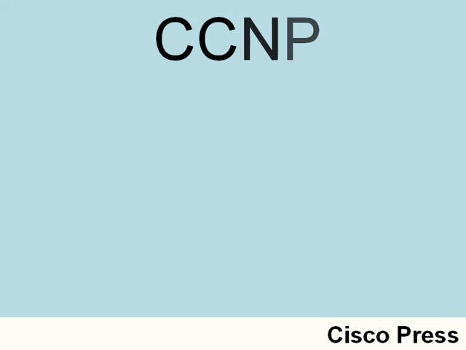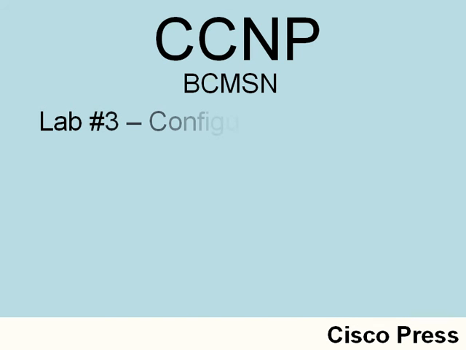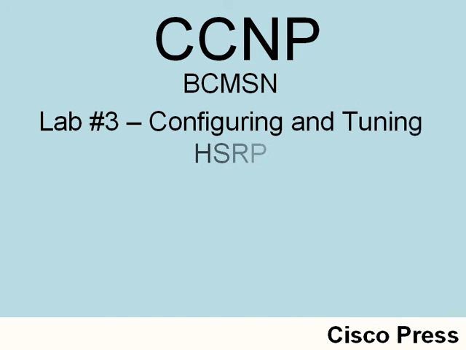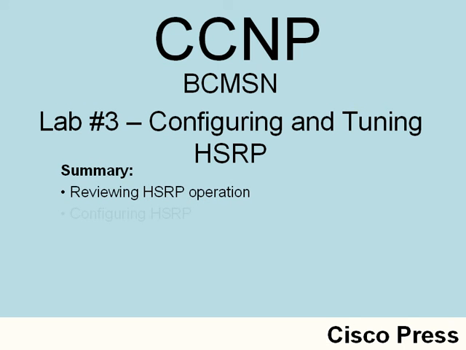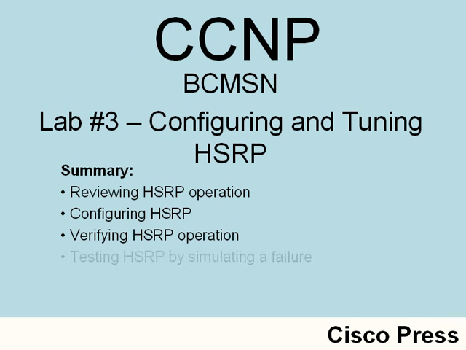Let's review where we have been in this lab. In BCMSN lab number 3, we took a look at how HSRP, the Hot Standby Router Protocol, could help provide redundancy, perhaps for a PC pointing to a default gateway. We reviewed the operation of HSRP. We took a look at the configuration commands to set it up. We used a series of standby commands. We verified HSRP operation with the show standby command, and we even simulated a failure by unplugging a cable from